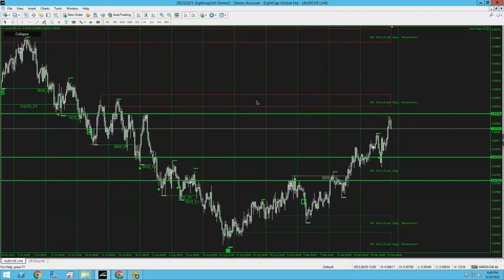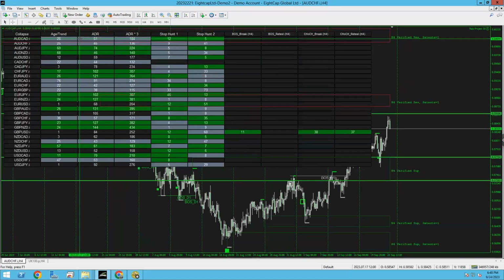So, okay, cool. Where on the chart will the alert be triggered? The alert just for the age and trend or for the break of structure, by the way, Colin? Let me know. What do you mean where on the chart? Are you saying Asian trend? I'm not saying Asian trend. No, age and trend. Age and trend is based on this. Look. Asian trend, it just sounds funny that way. I just don't sound politically correct if you say it. But age and trend. Look here, age and trend, age and trend, not Asian trend.